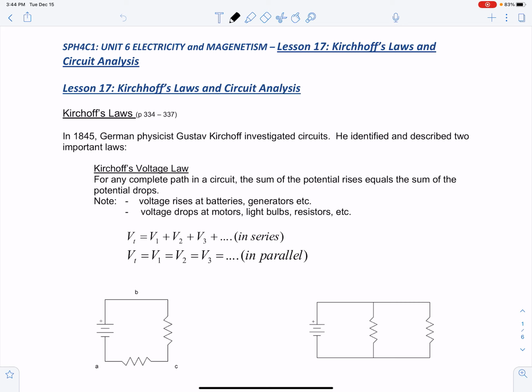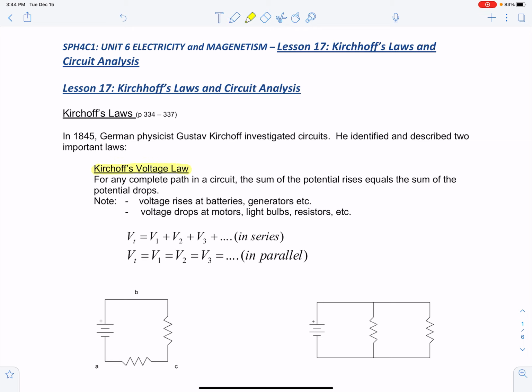Lesson 17, Kirchhoff's Laws and Circuit Analysis. In 1845, German physicist Gustav Kirchhoff investigated circuits. He identified and described two important laws. The first law is called Kirchhoff's voltage law. Kirchhoff's voltage law states,